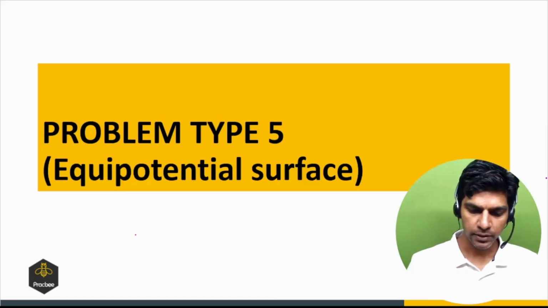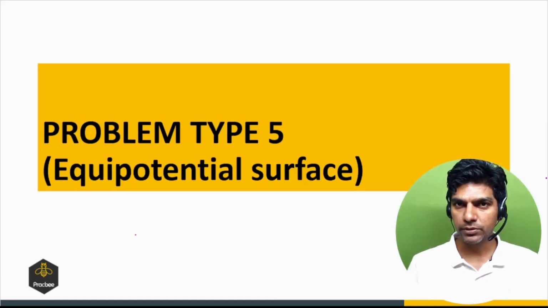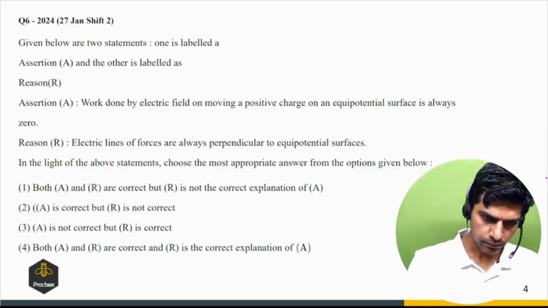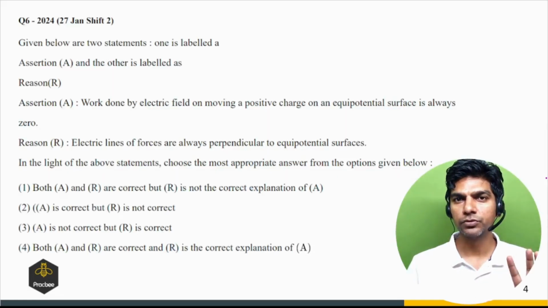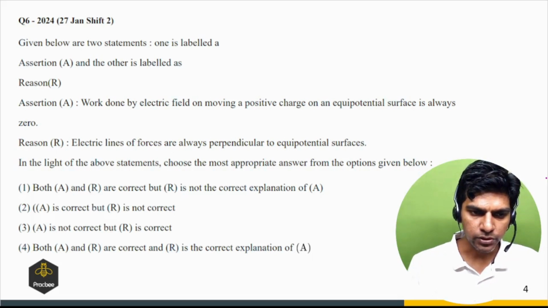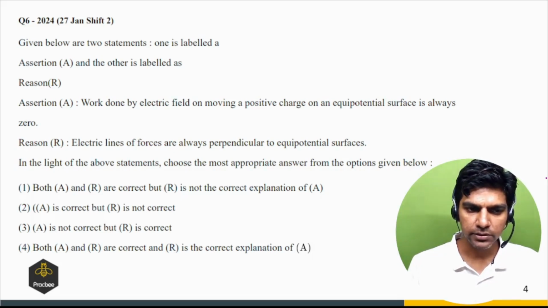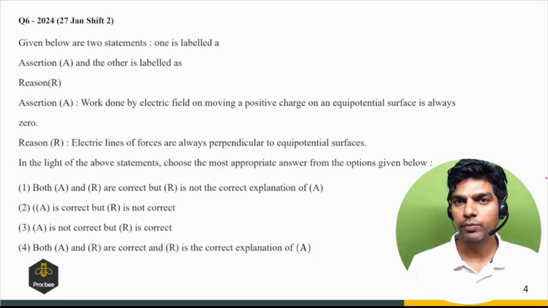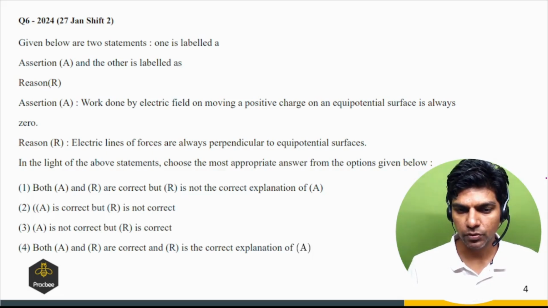Right, so now let us see the next problem type, and it is based on equipotential surface. So here you should know the properties of equipotential surface. So let us see the question, and questions from this particular type are usually qualitative in nature. So given below are two statements. One is labeled as assertion, other is reason. Assertion is given: work done by the electric field on a moving point charge, positive charge on an equipotential surface